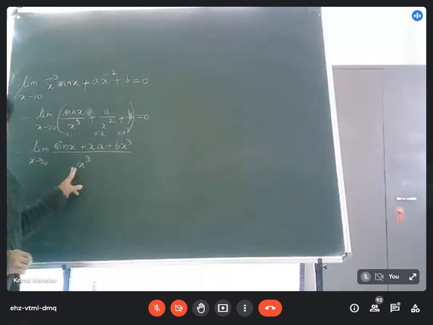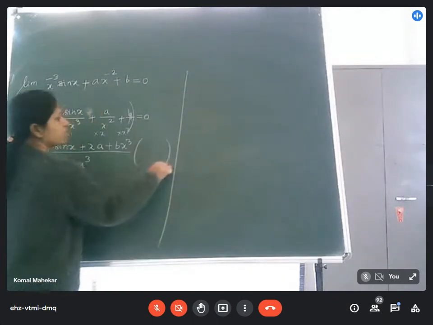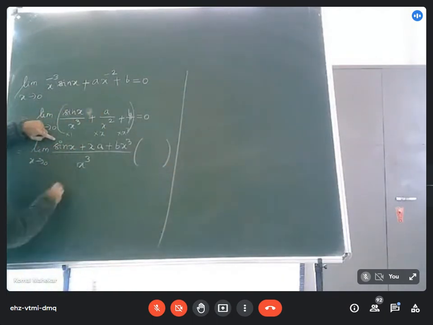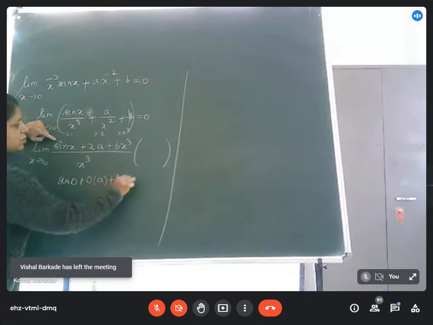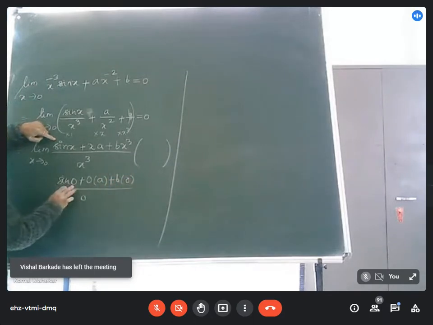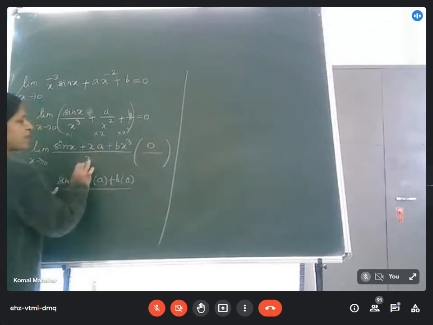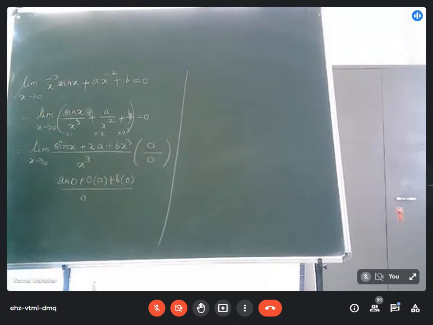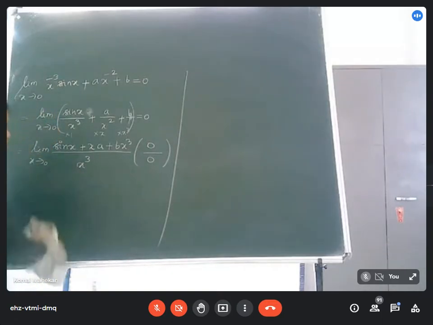Now, if you apply the limit in this form, then see the form of the function by applying limit. Here we get sin 0 plus x is 0. So 0 into a plus b into 0 cube divided by 0. Sin 0 is 0 value. 0 plus 0 plus 0, that is 0. Divided by 0 cube, that is 0. So it is in 0 by 0 form. Okay. So if it is in 0 by 0 form, you can apply L'Hospital rule. Okay. So by using L'Hospital rule,